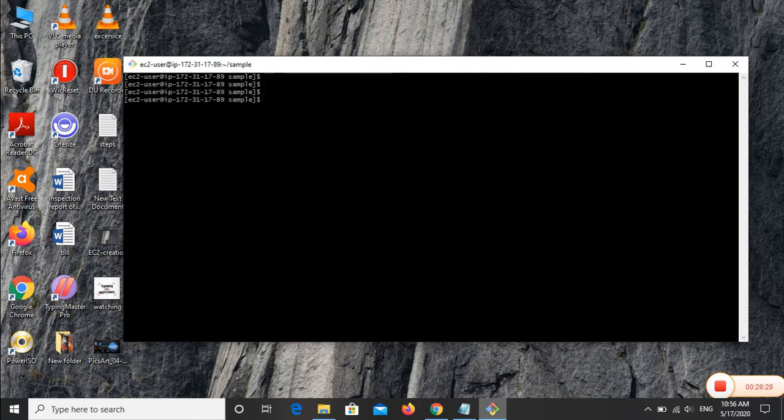Now we will create a file called main.tf. So .tf is the Terraform extension and main is our file name. We can use any file name, that is not restricted. It's all up to the user. Whatever file name you want to provide, you can provide. So we will create a file. Now we will press I on our keyboard to write down our code here.